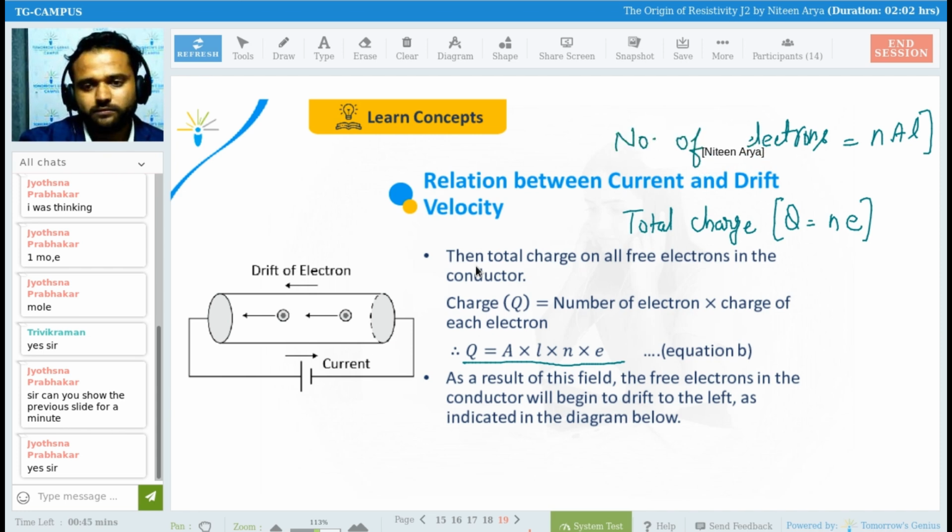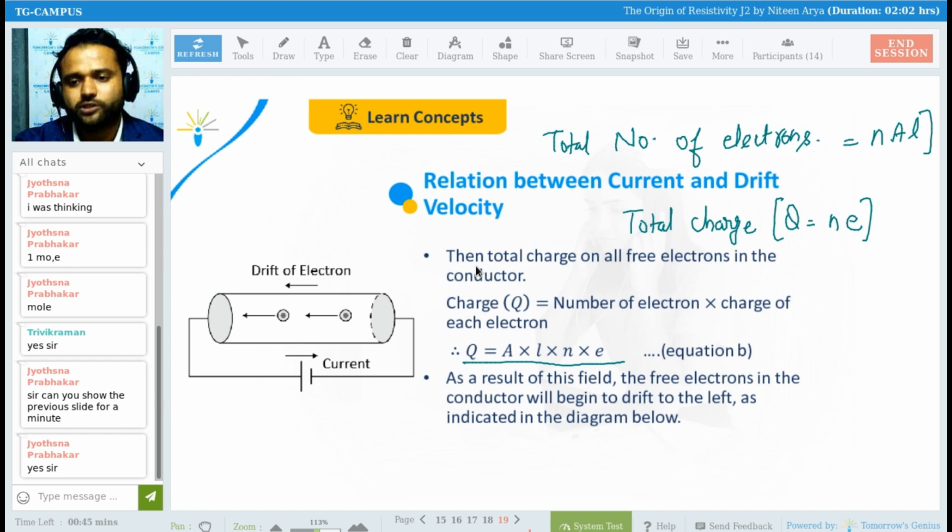Number of... let me erase this also. I mean total number of electrons in wire, that is N into A into L. So the charge is Q equals to Ne, where N is the total number of electrons, A into L into n into e. So as a result of this field, the free electrons in the conductor will drift to the left,